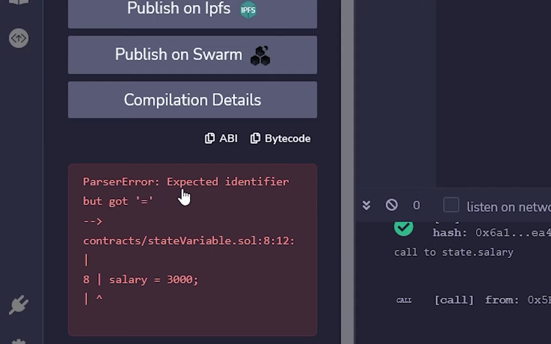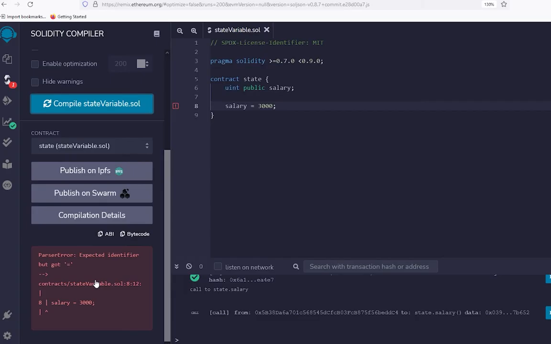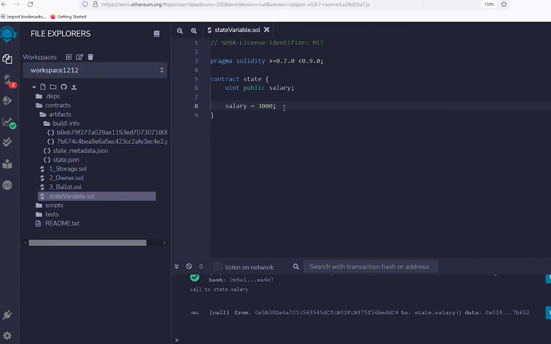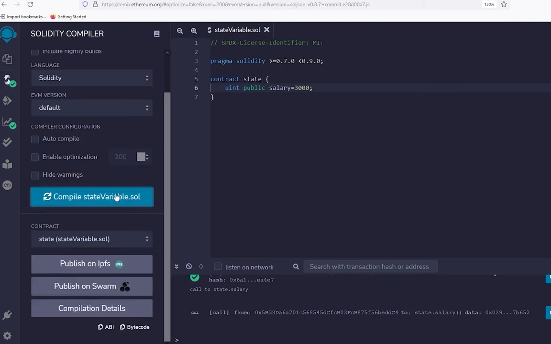It says the parser error expected identifier but got equal to. That's the wrong way to initialize variables in the Solidity programming language. We cannot initialize variables like this in Solidity. There are about 3 ways to initialize variables in Solidity. You simply have to remove it, and the first way is to directly make it equal to 3000 and compile it,